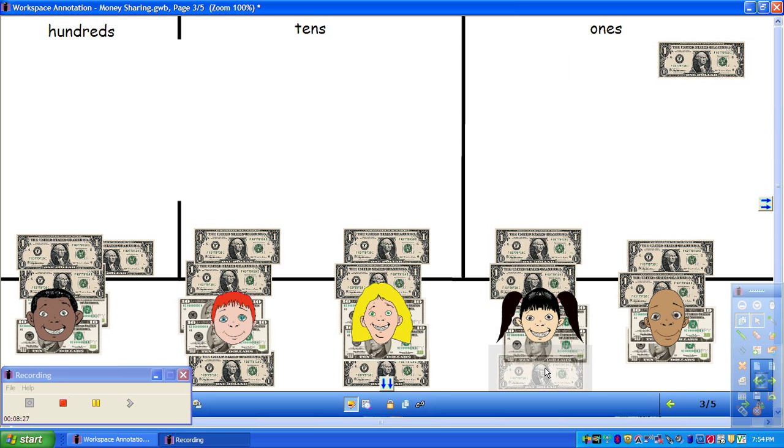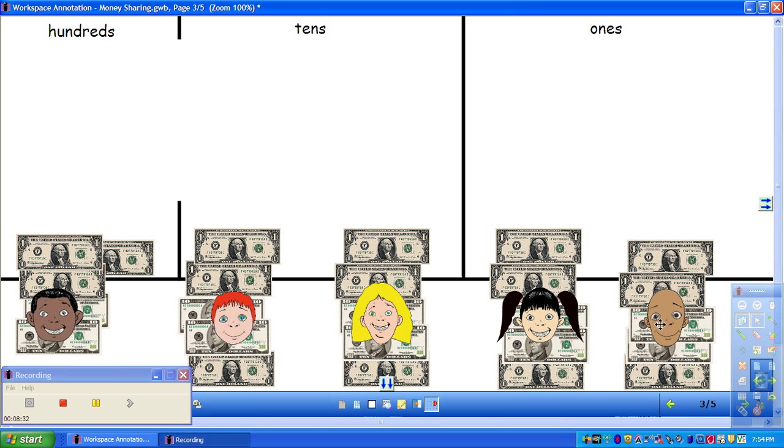And if there were 5 people, just like in the baseball problem, and there were 15 $1 bills, we could have thought about how many $1 bills each person could get. Well, again, we know 5 times 3 equals 15, so we should have known that each person gets 3 $1